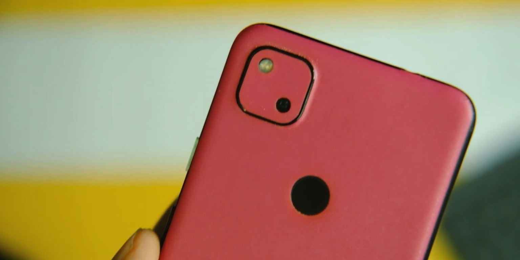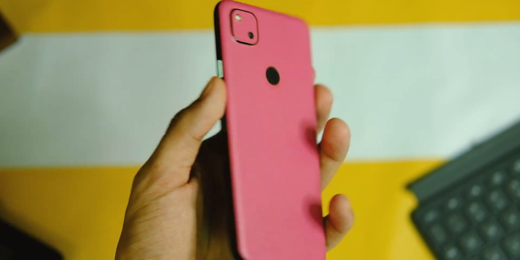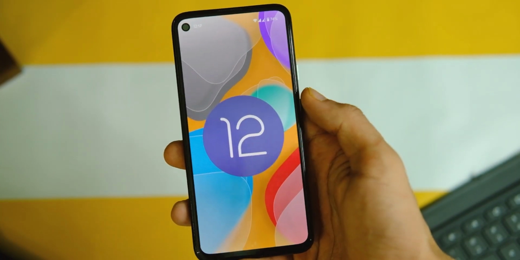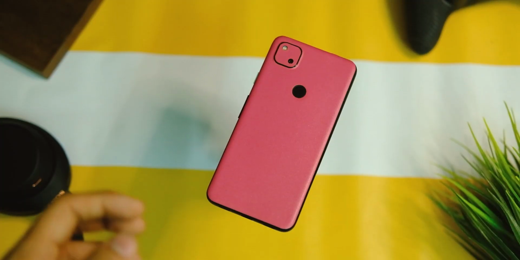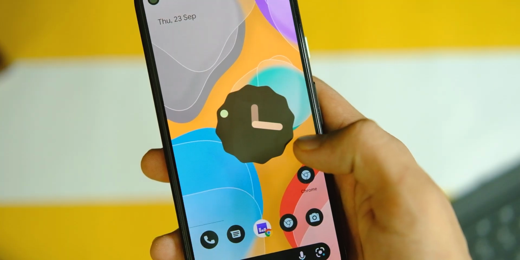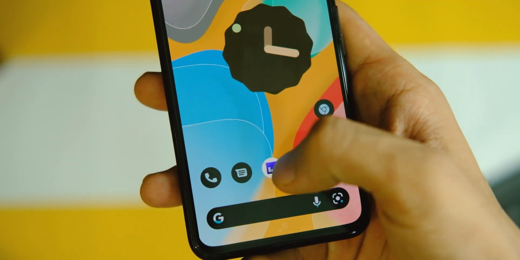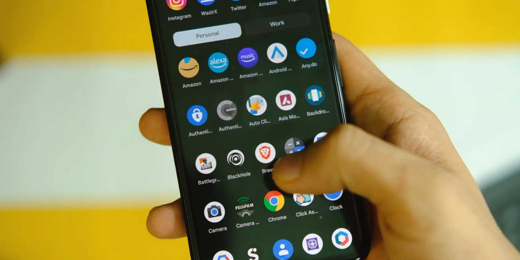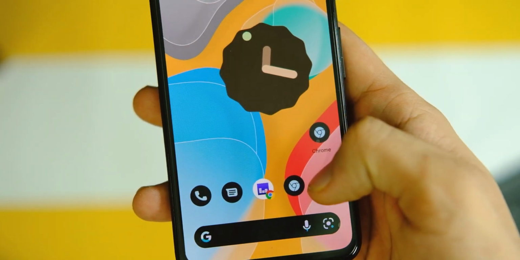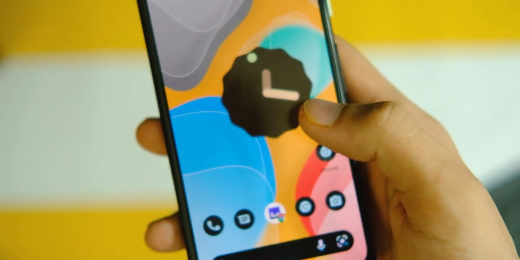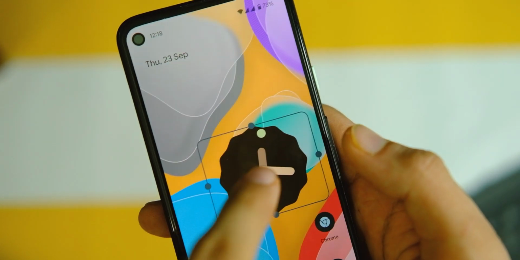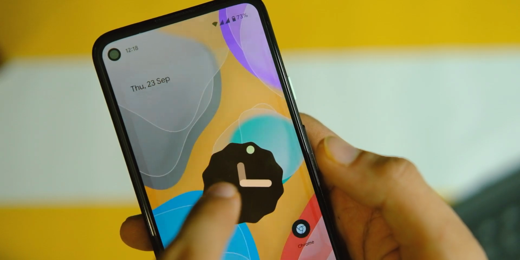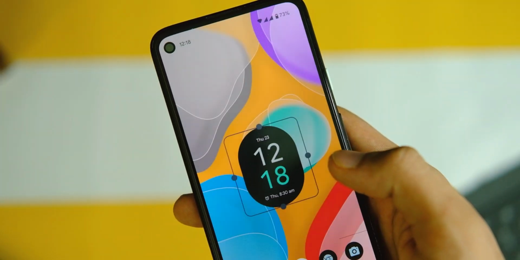So basically I use this Google Pixel 4a as my daily driver, and this one is running on Android 12 beta as of now. Hence you can see these cool looking widgets and the Material You theme. And basically I use the Pixel launcher sometimes, and as usual I customize my home screen with some of the applications and folders that I need, and I resize the widget to look like this, so it looks a bit cool. And apart from that, there is a clock and calendar widget to keep track of my meetings and day in general.